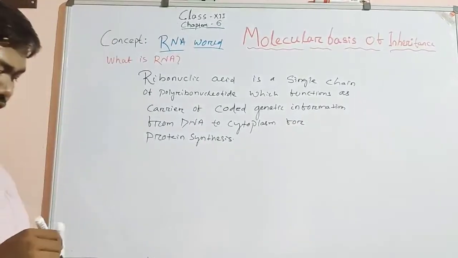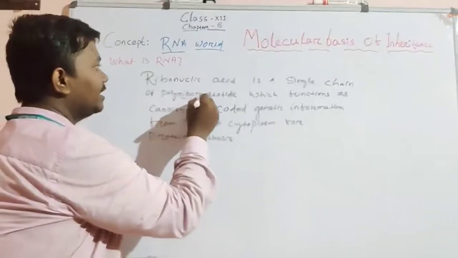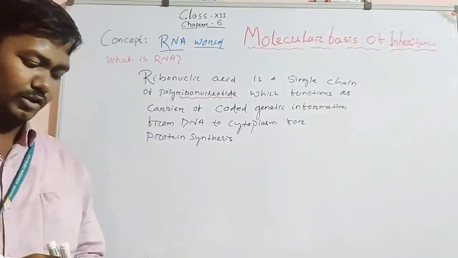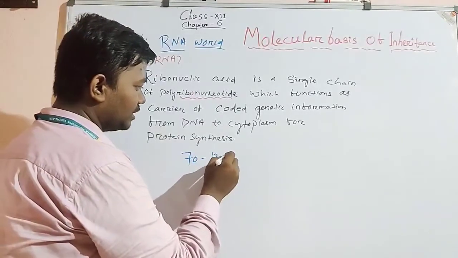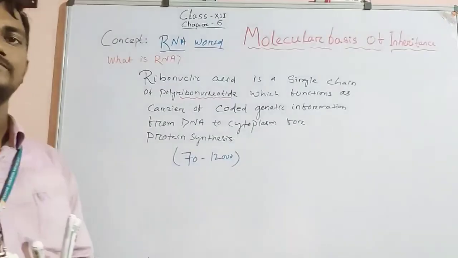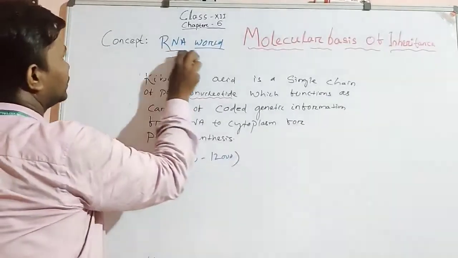Got it? The number of ribonucleotides present in RNA varies from RNA to RNA. The number is from 70 to 12,000 ribonucleotides, which varies from RNA to RNA. Coming to the structure,